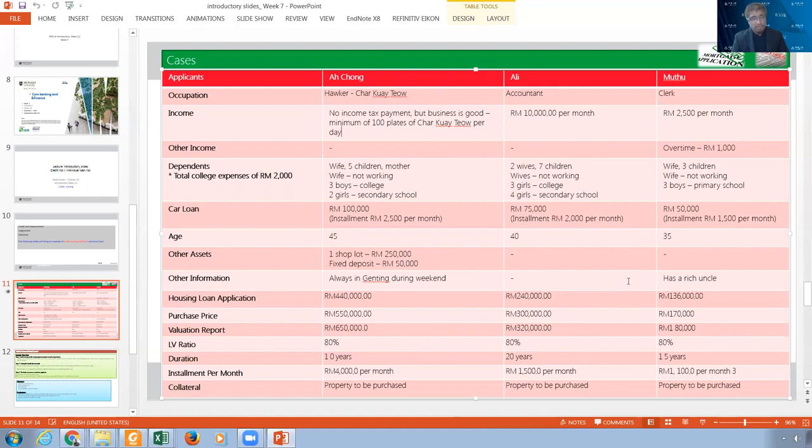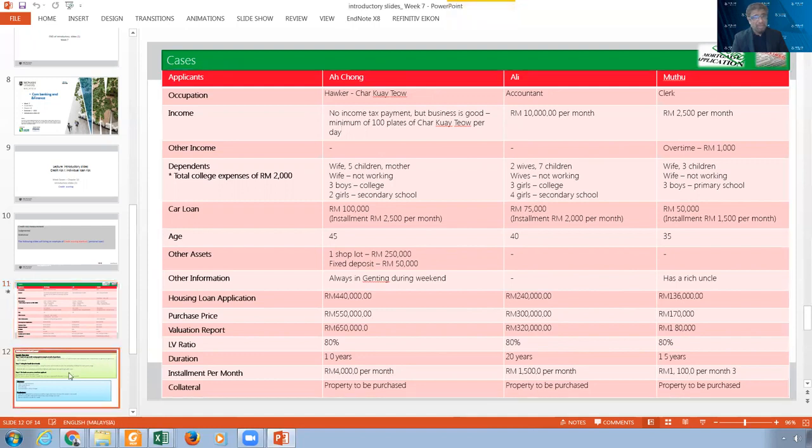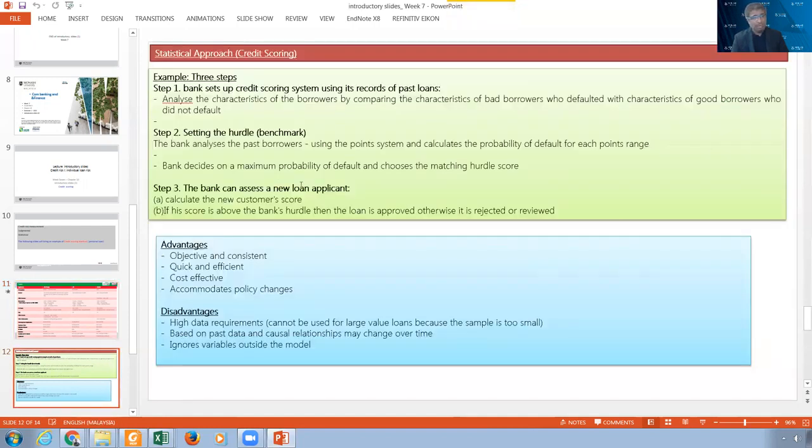This judgmental way of approving loans is no longer applicable. We cannot do it, because it depends on how the credit officer, or the people who decide on the loan, come up with the credit scoring. Now, take any one of those banks and say we take credit cards. For example, I take Public Bank, and maybe they have in the KL area, I'm just guessing a number, maybe 15 to 20,000 people who are holding credit cards.